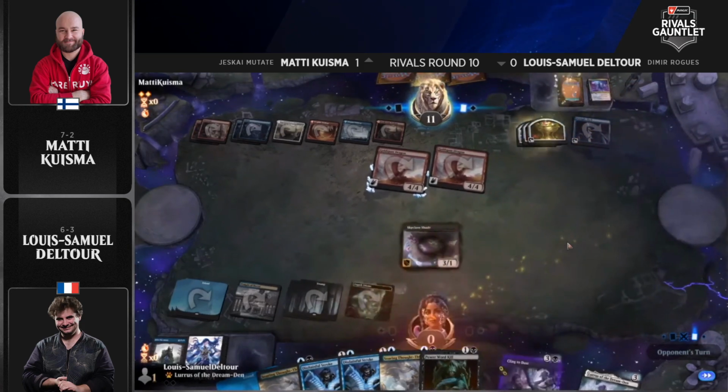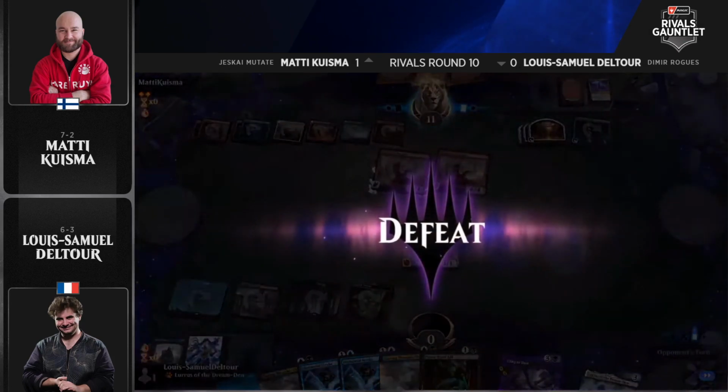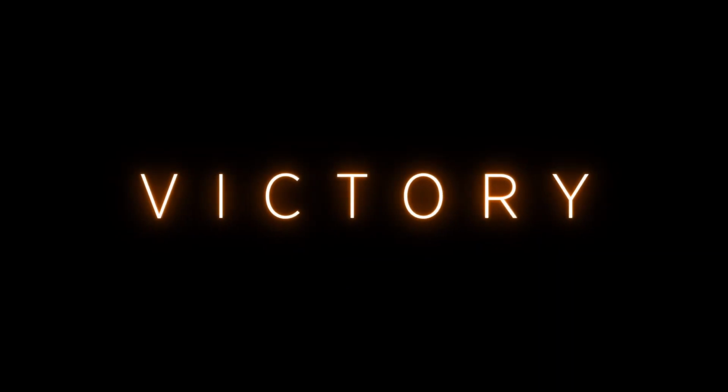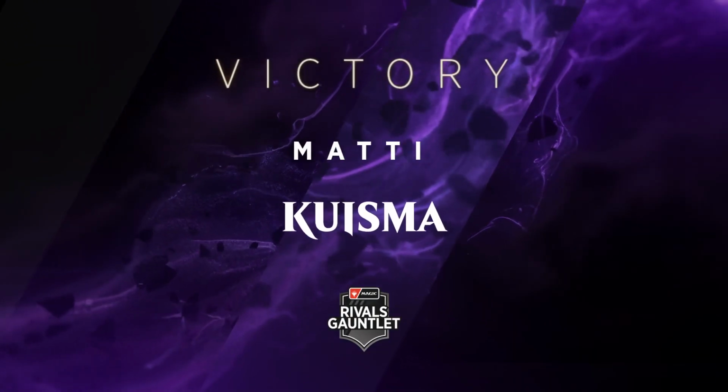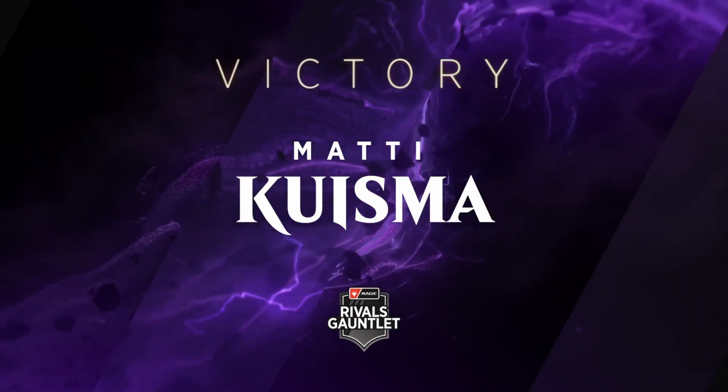When you've got 1 and a blue, win the game, you're going to cast it, and Matti Kuisma improves to 8 and 2. A fantastic result for him. Wow. Again, heartbreak that he missed out on a chance at taking his career to the top level in a former tournament. But here now,